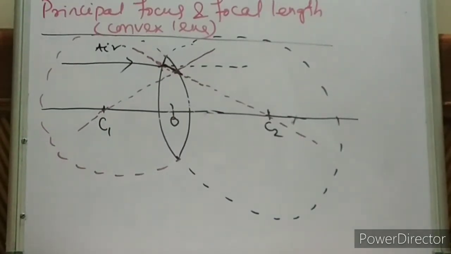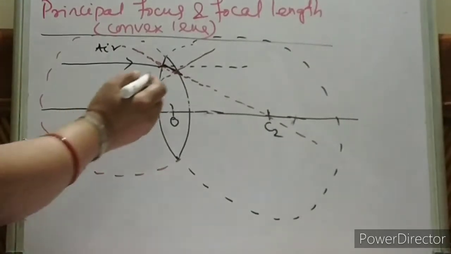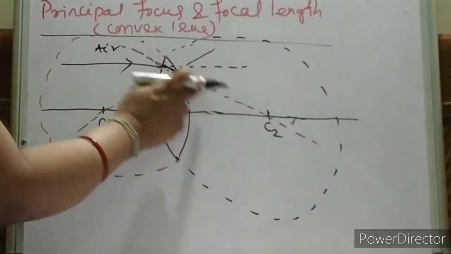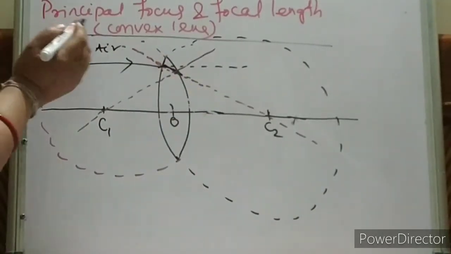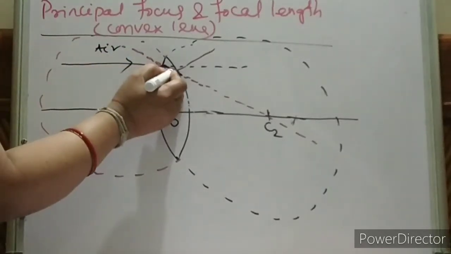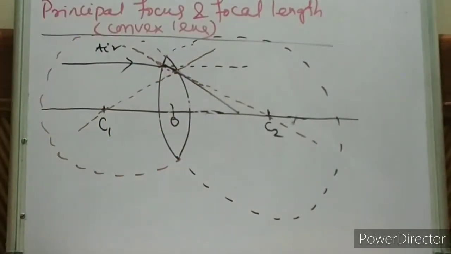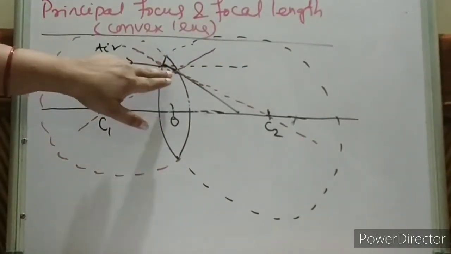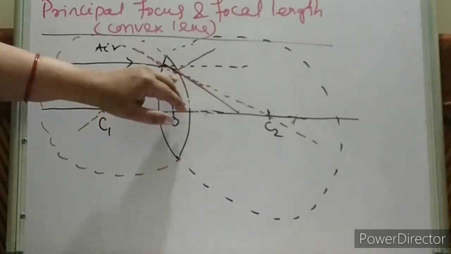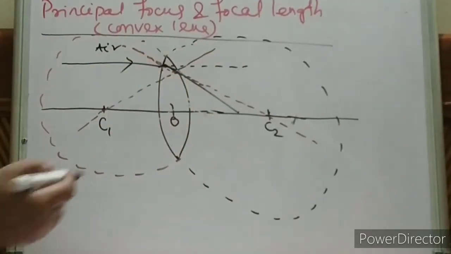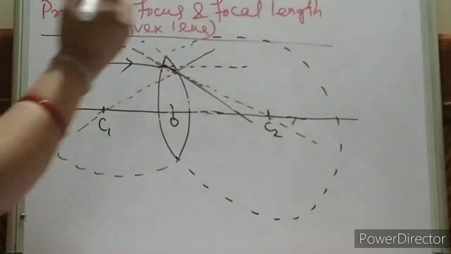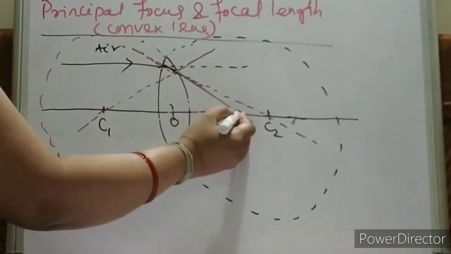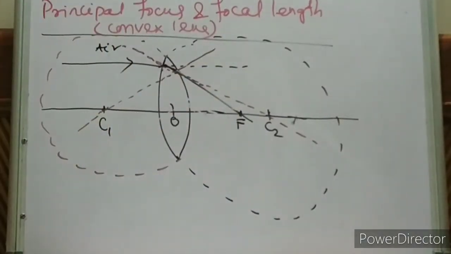Now, how will the light bend? It will be away from the normal. Normal is like this for this point, so it will be away from the normal. So the light ray will now strike like this. It will bend like this. Is it clear? For this point, this is your normal. Since it is going from denser to rarer, it will bend away from the normal and it will strike the principal axis at this point. This is your focus. This point is the focus. Got it now, children?